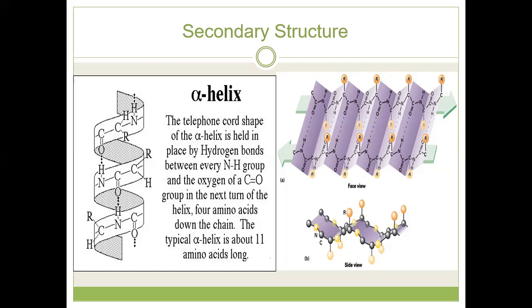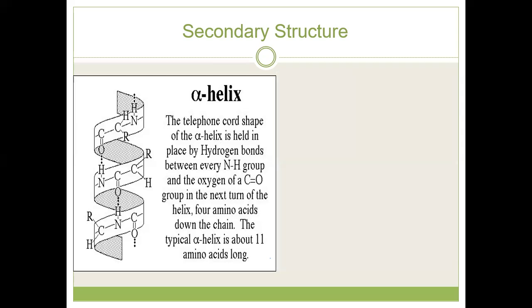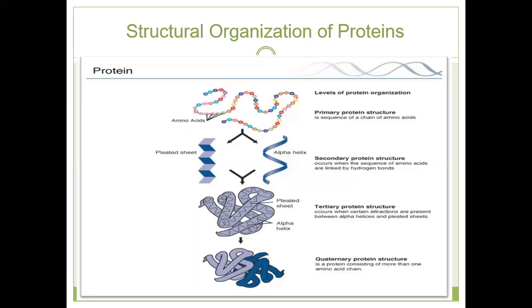It leads to formation of the beta pleated sheet or beta sheet. Or in a situation where, just like here, when you look at this primary structure, you can see how this amino acid sequence pulls back on itself. So when it pulls back on itself, hydrogen bonds can